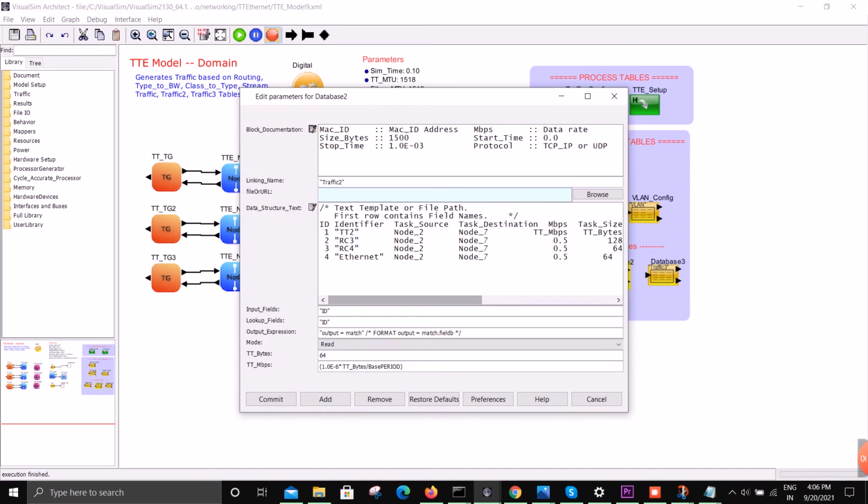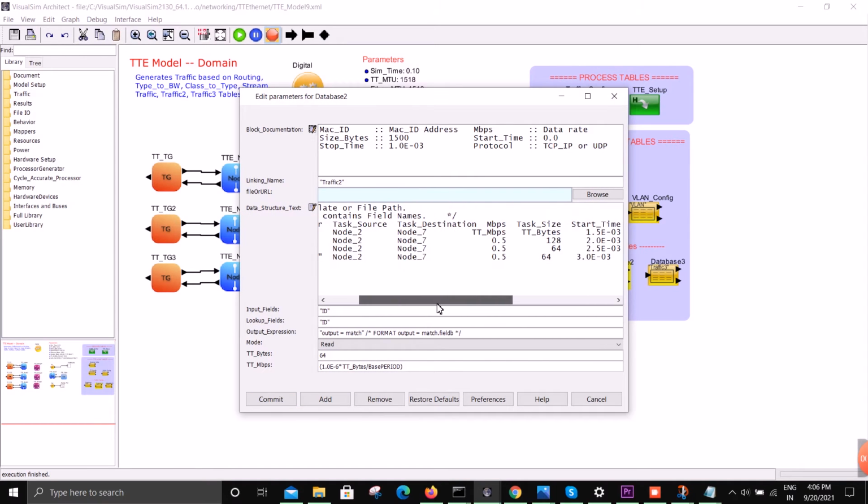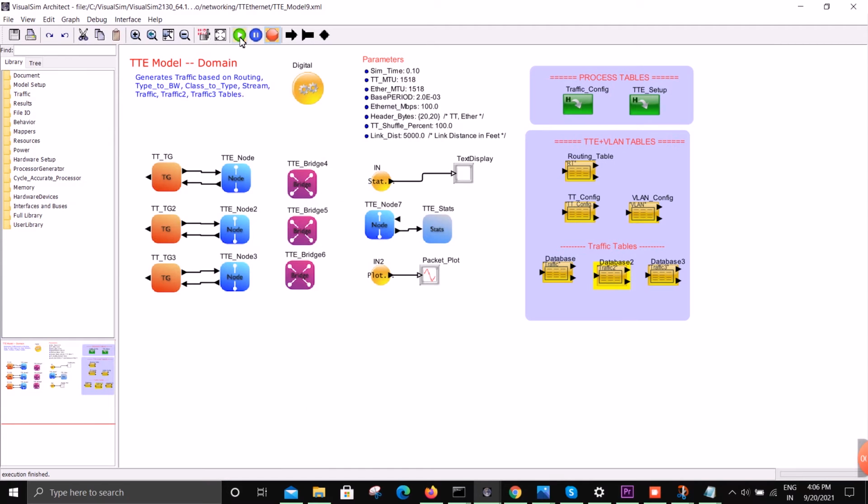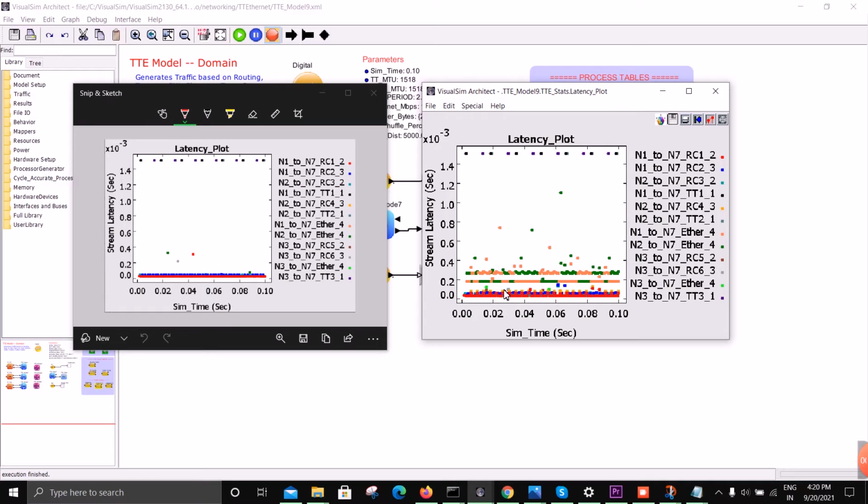Ethernet is used in the others too, so even if I increase the bandwidth in the first and second, the third one will also be affected. So we'll see that. When we simulate this, on the left hand side you can see the older latency plot, and on the right hand side you can see the new latency plot.